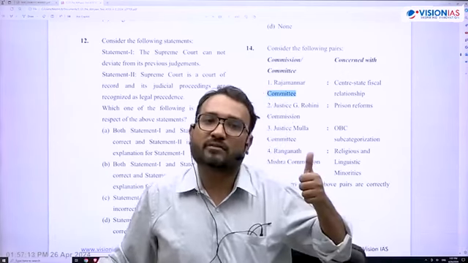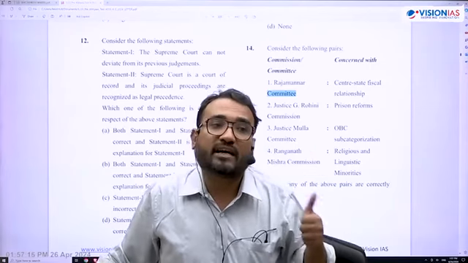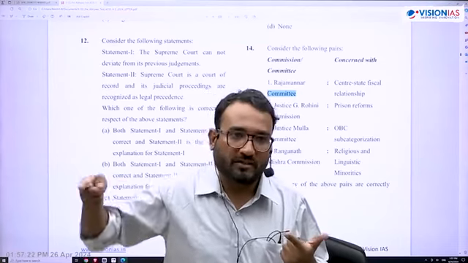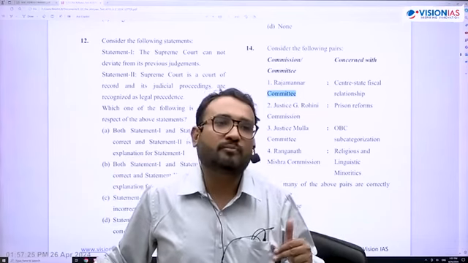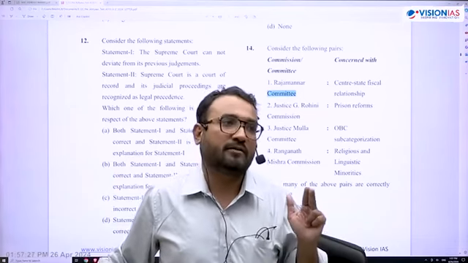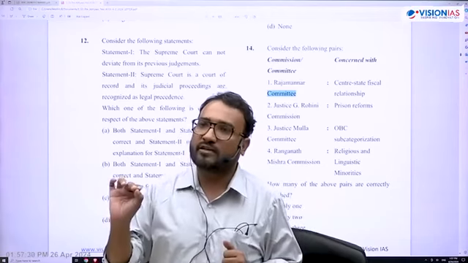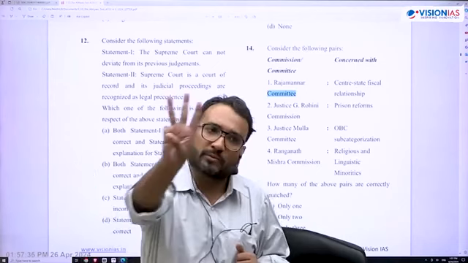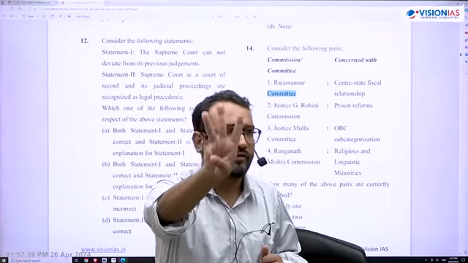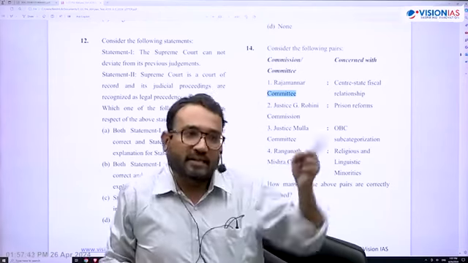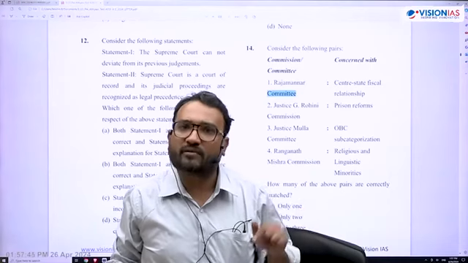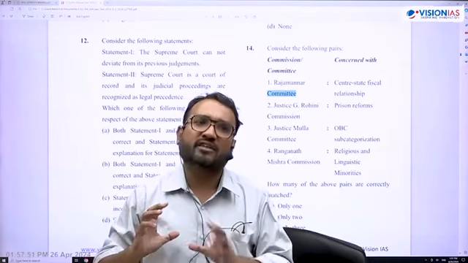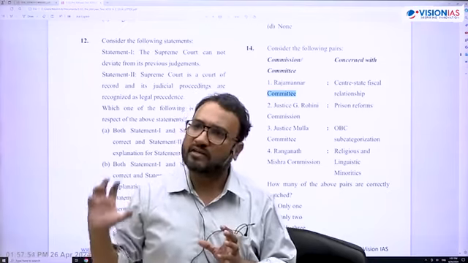So the 3rd Backward Classes Commission was given the task of subcategorization of OBCs. The 2nd Backward Classes Commission was given the task of implementing reservation for OBCs. The 1st Backward Classes Commission, Kaka Kalelkar Commission, looked at general provisions related to backward classes and reservation in India. So you will never get confused between a Backward Classes Commission under Article 340, which is constituted from time to time, is temporary, and has only been constituted 3 times since 1950, the start of the republic. But the National Commission for Backward Classes was made a constitutional body by the 102nd Constitutional Amendment. It is a permanent body. In general, it looks into over and under inclusion, and the safeguards related to backward classes communities.